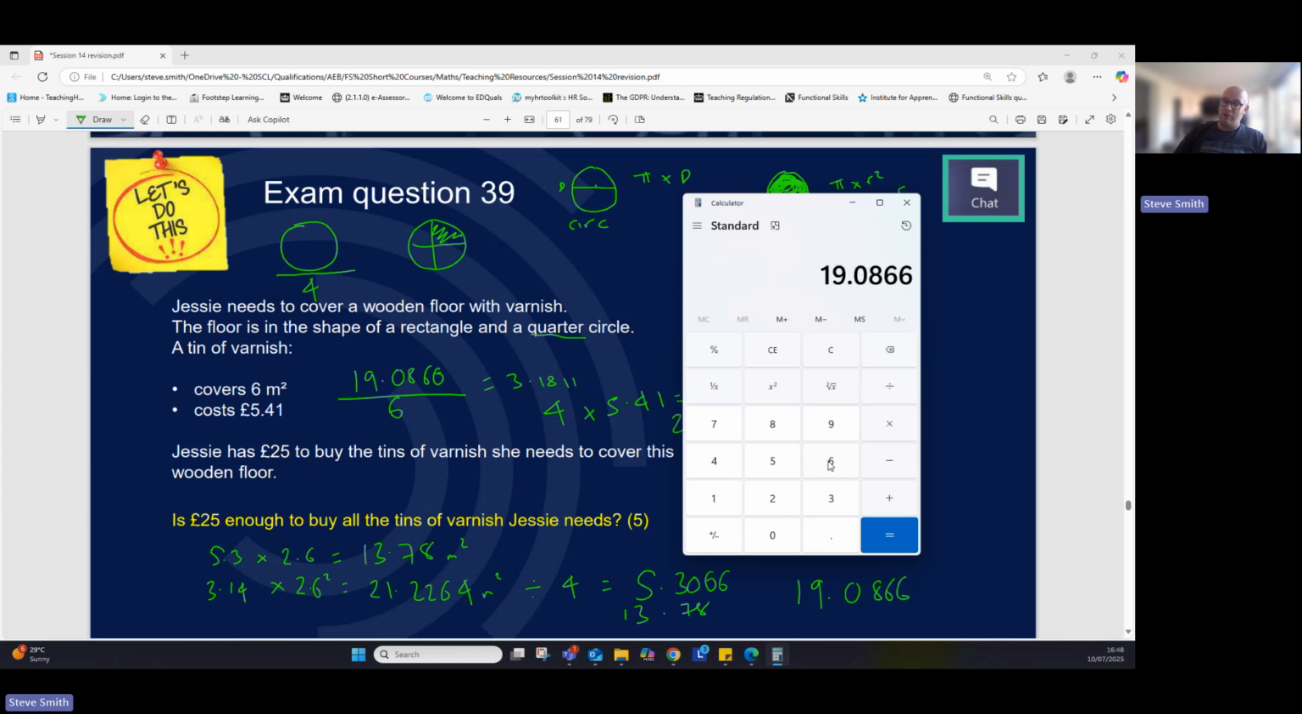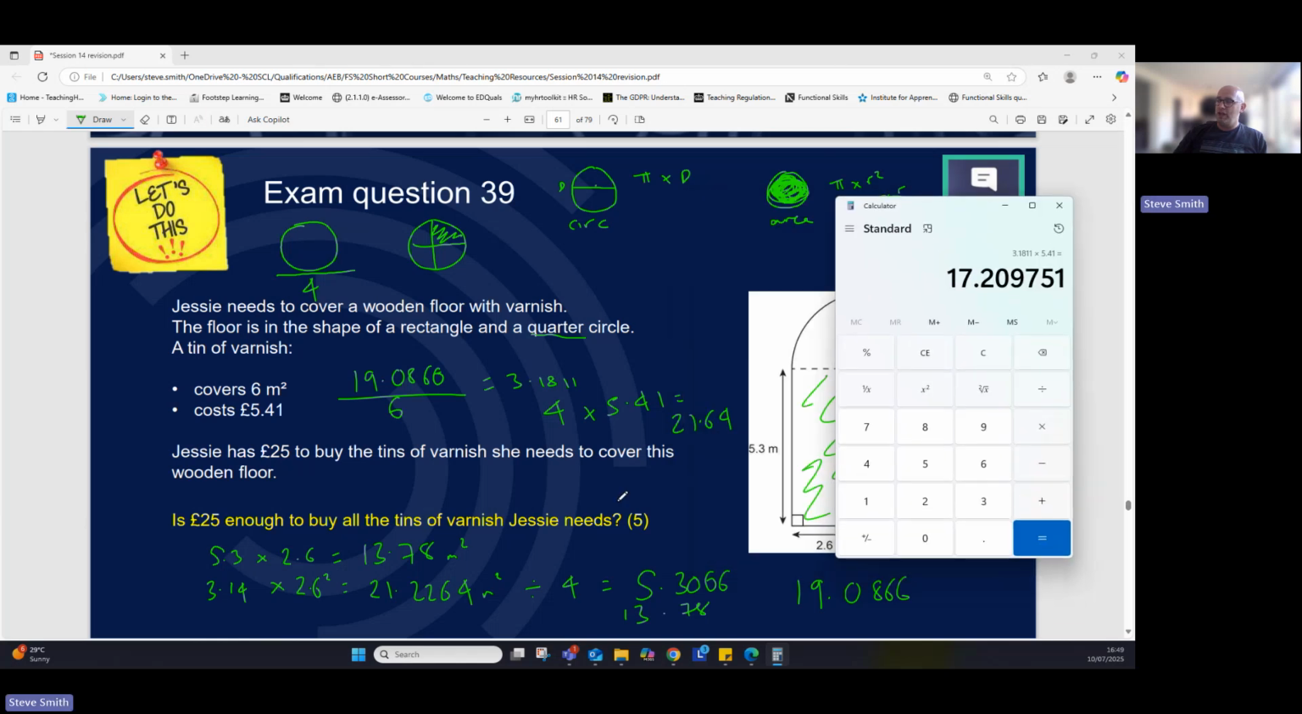Take the total area of the shape you're going to cover, divide it by 6 for each tin, and you get 3.1811 tins. Then times that by £5.41, and you're still going to get a number less than 25. So if you'd done it like that and said yes, you still have enough, you wouldn't have lost any